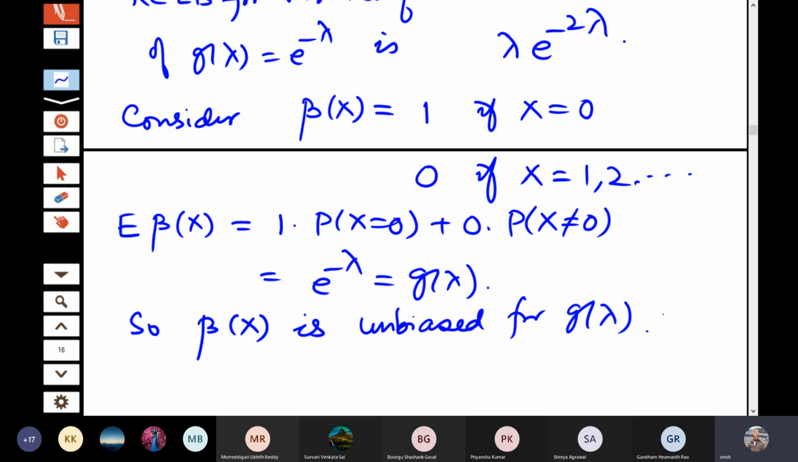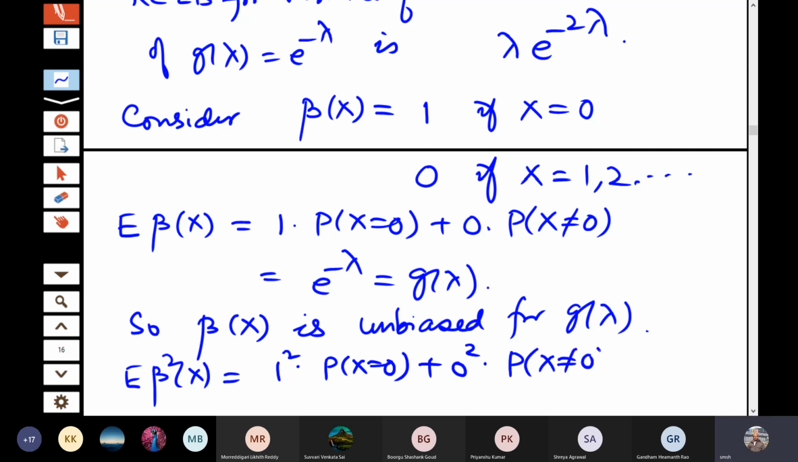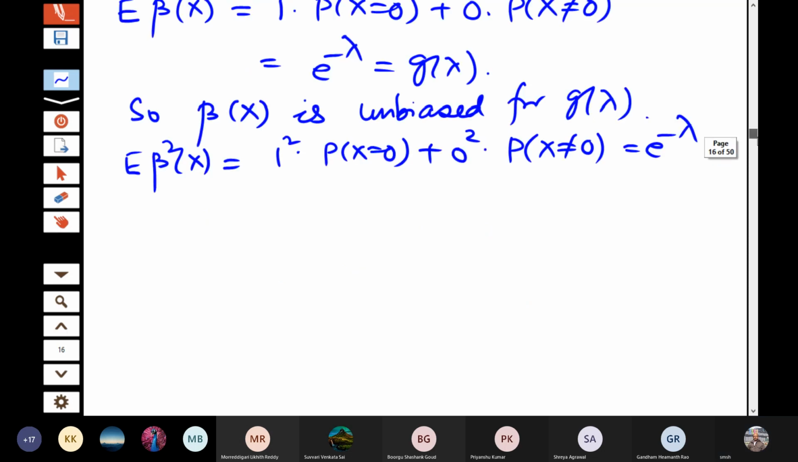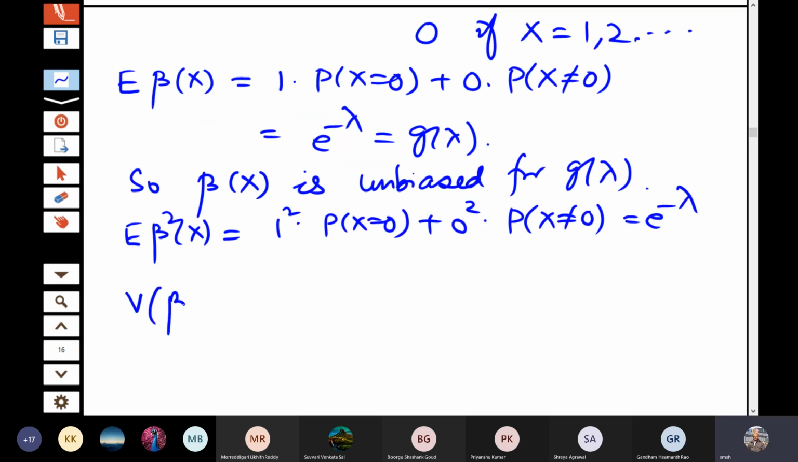However, what happens to its variance? Let us see that. So expectation of beta square x, that is also the same, because in place of this I will get 1 square probability x equal to 0, plus 0 square times this one, which is again e to the power minus lambda. So variance of beta x is equal to e to the power minus lambda minus e to the power minus 2 lambda, which I can write as,